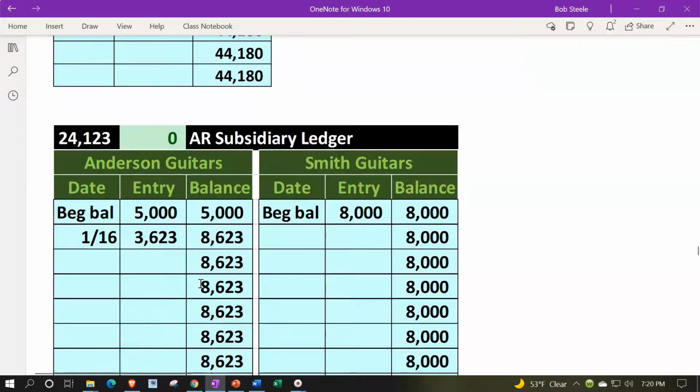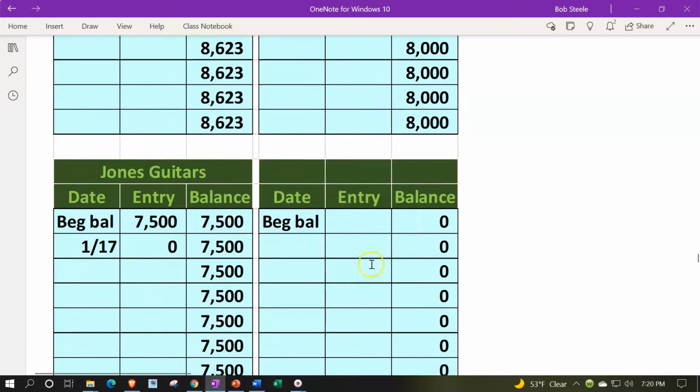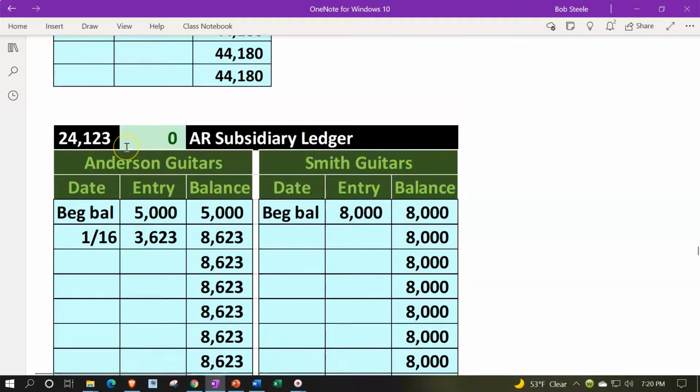We have the subledger for accounts receivable. This was Anderson Guitars here. So they owed us 500 before. We now invoiced them again, 3,623, bringing the balance that they owe us up to 8,623. This plus this plus this plus this for the 4 customers adds up to 24,123 for the subledger, which